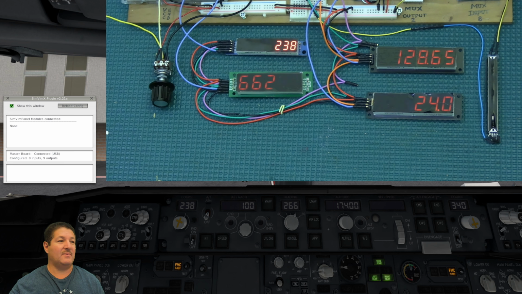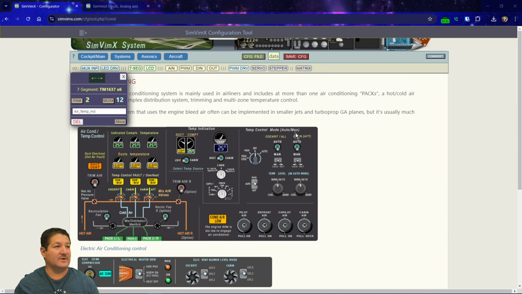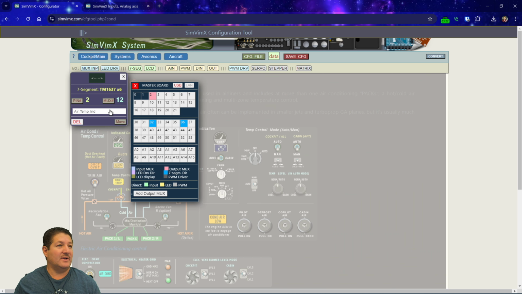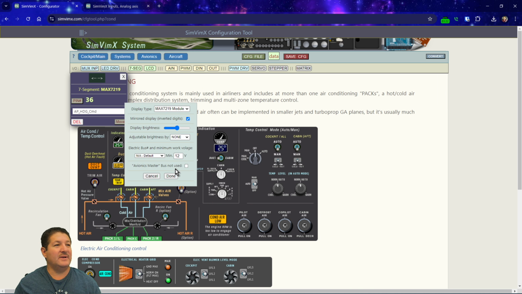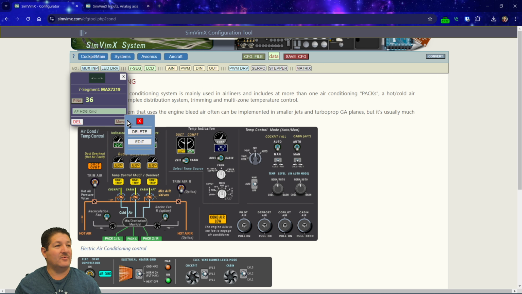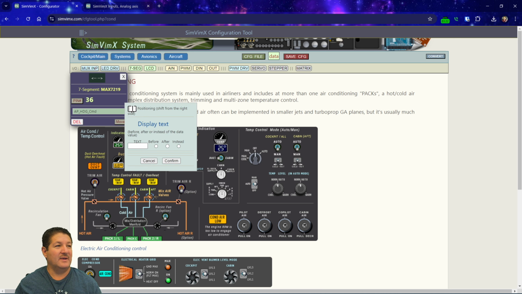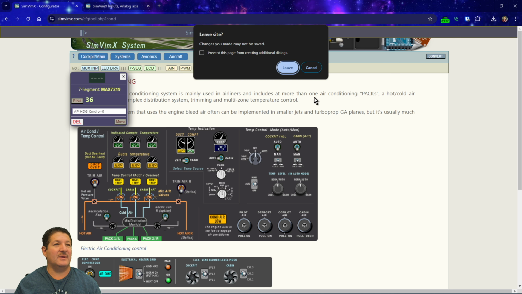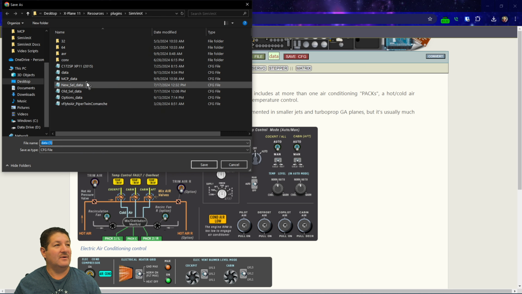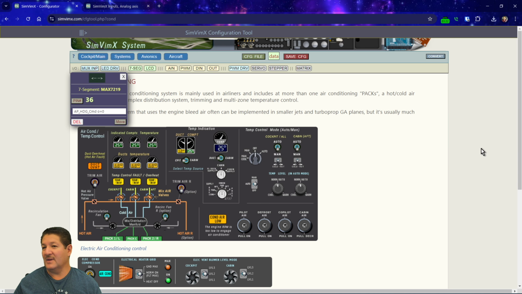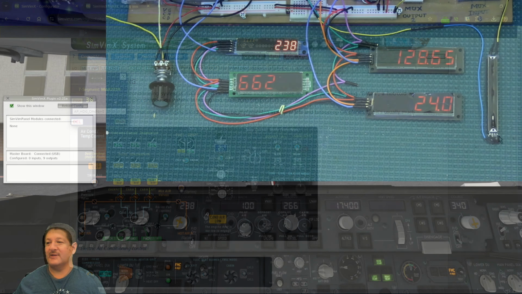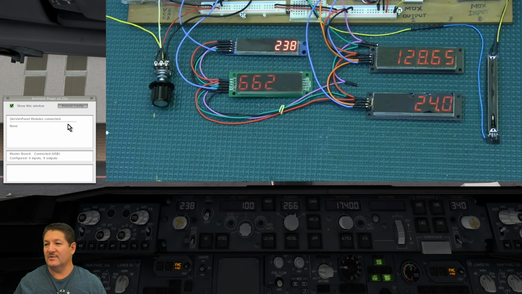So we got to go over to the website and we're going to go to that display on pin number 36. So we'll go ahead and click on that one here. And remember, we had to put mirroring here, and we also have to come to the data here, to the parameter, and put a 0 in the offset and confirm it so we can save the configuration file again, replace the one that we just saved, overwrite it,